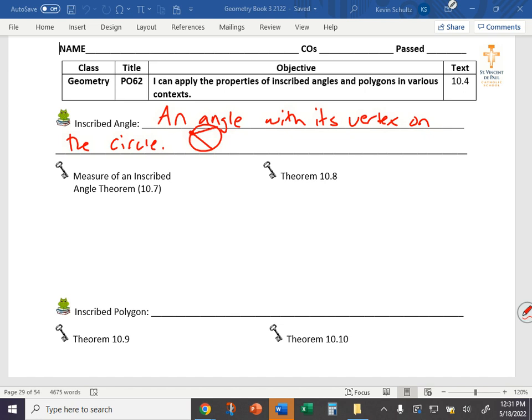And so the theorems that you need to care about, and the first two have to do with measures of inscribed angles and arcs. Okay? If we have an inscribed angle, okay, we'll call this point P. We'll call this A. We'll call this B. Okay? The relationship here is that the measure